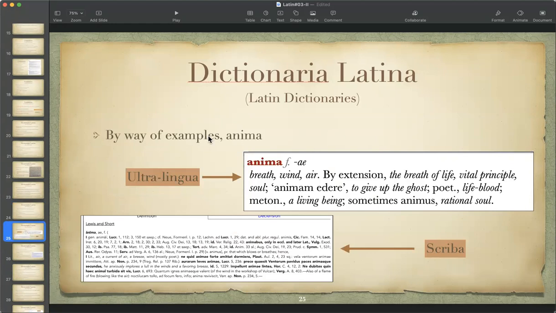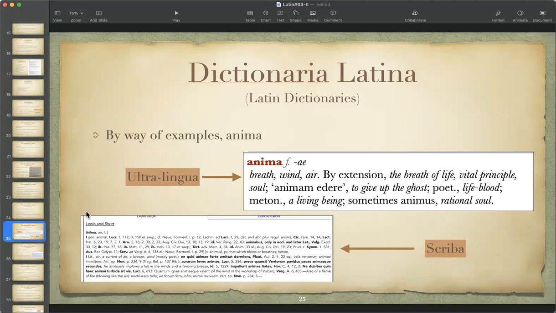Okay, if we look up anima in Ultralingua, it has a nice, simple definition: anima, feminine, AE, breath, wind, air, by extension, the breath of life, etc. So that's really easy to find. I apologize, this is a little tougher to read. This is